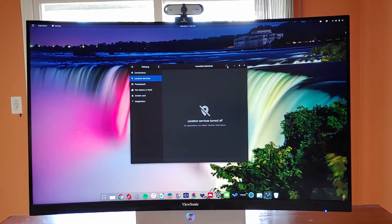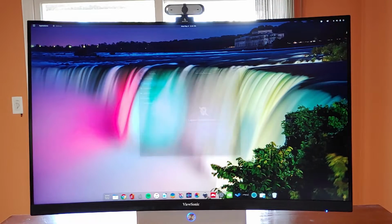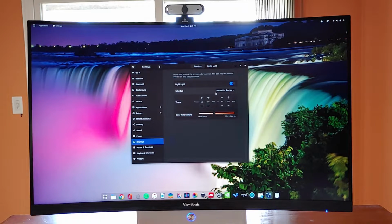You can go ahead and switch this on. What that'll do is make your location more accurate. There's a night light feature. If we right click on the desktop and go into display settings, go into night light, the default sunset and